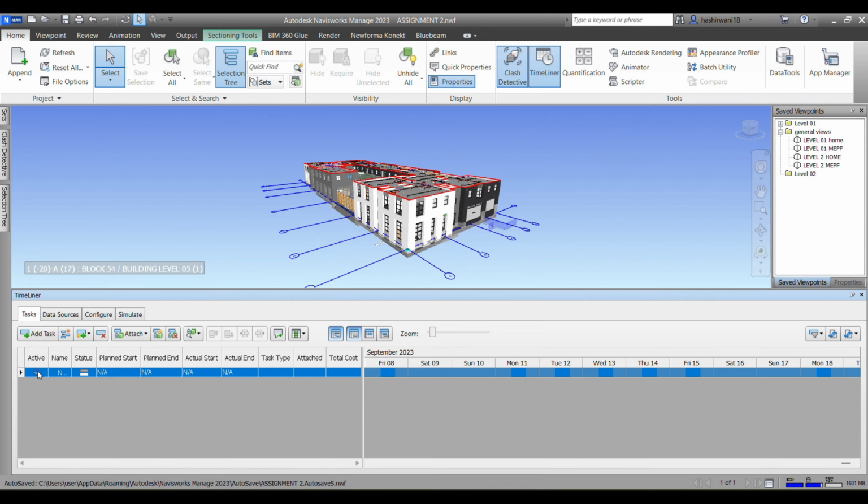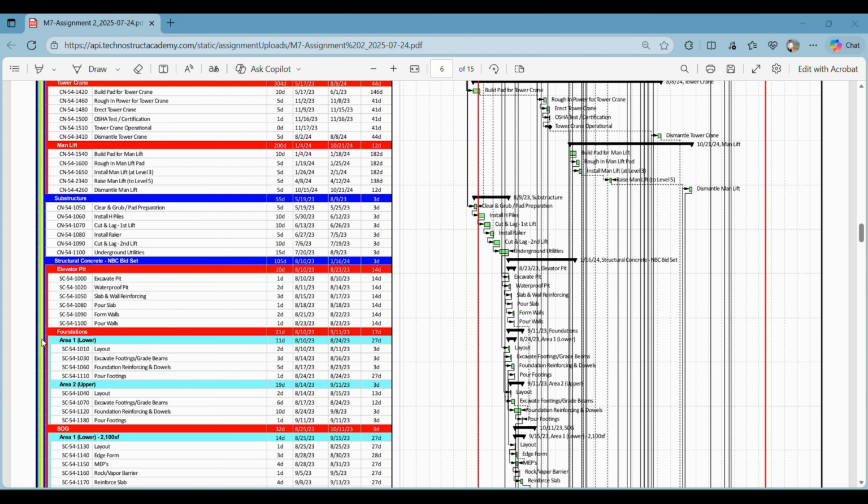Can you see we have added a task, and we have some tabs here. We have active, we have the name of this particular task, we have the status, we have planned start, planned end, actual start, actual end, task type attached, and the total cost. And then we have a workspace here. I'll show you guys how this will look after we add the task here. So I think we should start with